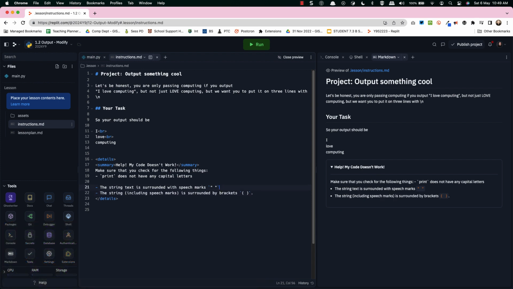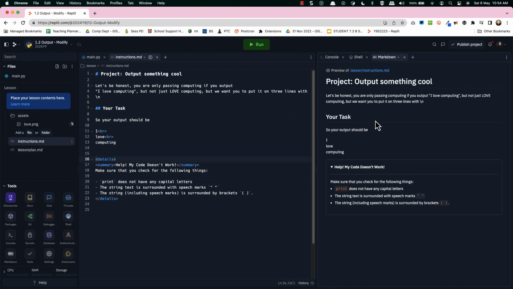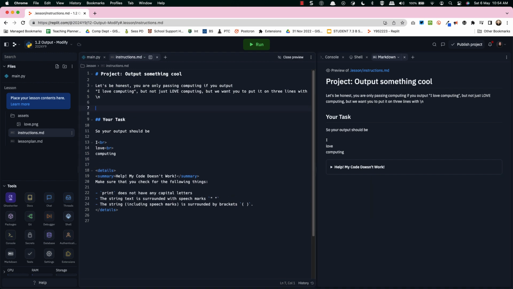So what I'm doing this time round is putting in help for if you're having a bit of a struggle with your code and fixing that for you. But I also quite often put spoilers and clues in there to really help things along. And really just to sell it and make sure that the students know that they love computing,